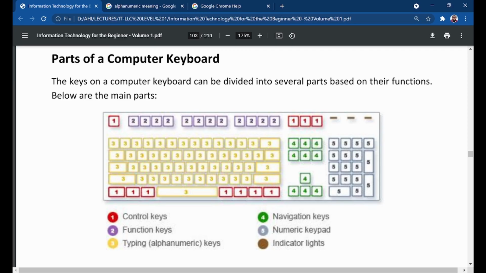We are talking about the typing keys, right? Yes. Now we have a key here called the caps lock key. The caps lock. Have you seen the caps lock key? Yes. The caps lock key,